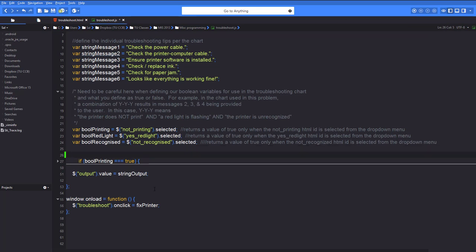So I'm going to write a new if statement, and on this if statement I'm not going to be using these bools. I have to use this $sign thing to see whether stuff is selected. So I'm going to come over here and I'm going to go starting with my bool printing. So if my $sign, sorry, not underscore printing dot selected